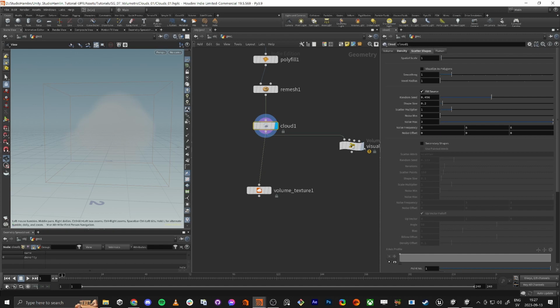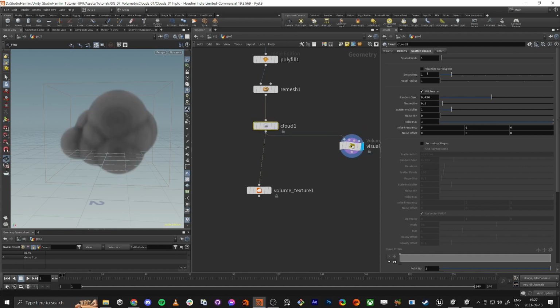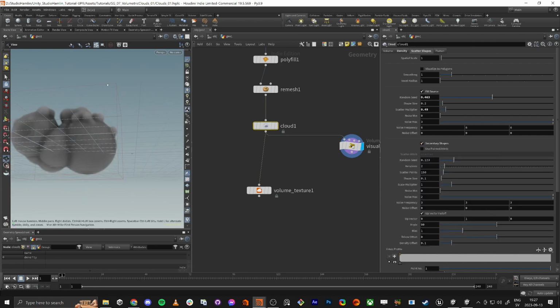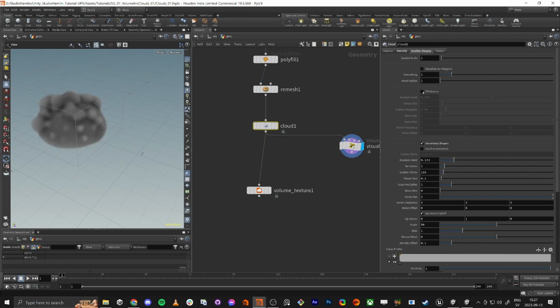So we're gonna work on this shape, and here you got this fill source. You got random seeds, you can do different shapes. And I'm gonna do scatter multiplier, smaller shapes of it. Smoothing. Well, this is not working out as expected. I'm gonna move fill source, so